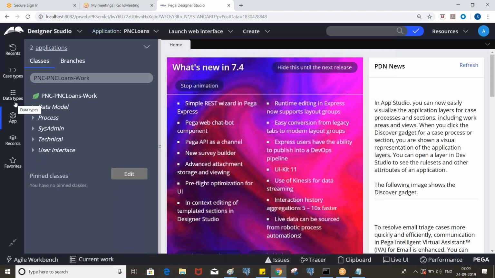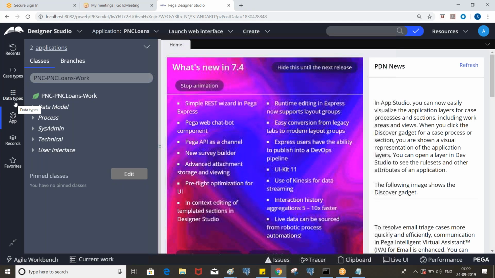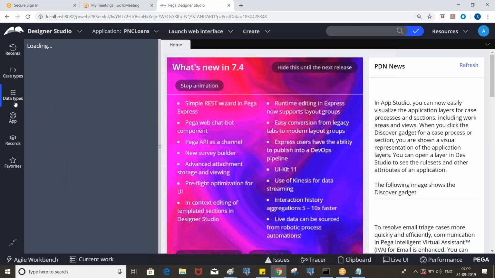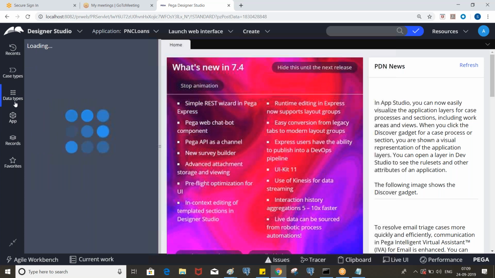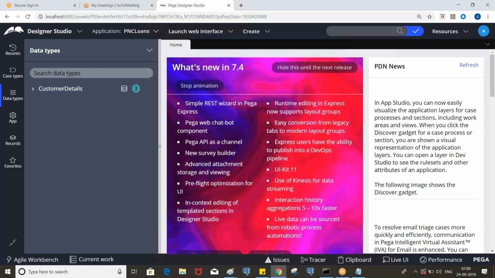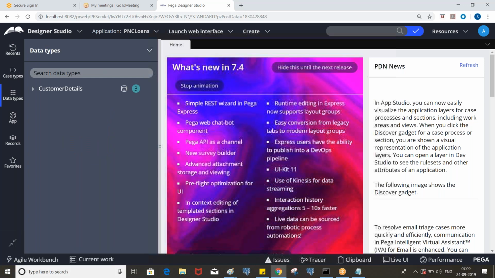How do we create a data class? When I say data type or class, both are the same. So go to the data type, add data type. The navigation will be the same.